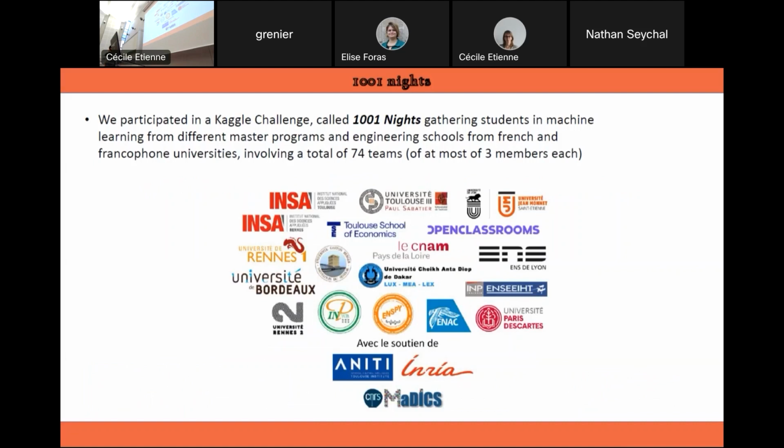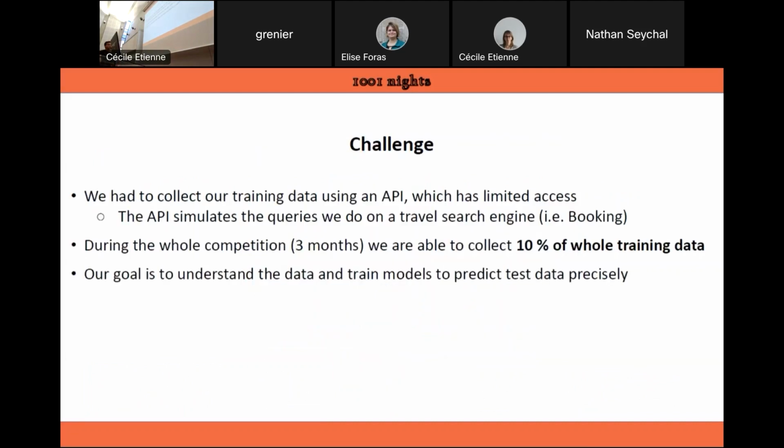We participated in a Kaggle challenge that involved many teams from universities all over France, including many teams from Université Jean Monnet. This competition is about a recommender website called 1001 Nights. A recommender website is a website that gives you recommendations on hotels. You give it, for example, I want to travel here at this date, and it'll give you the hotels available